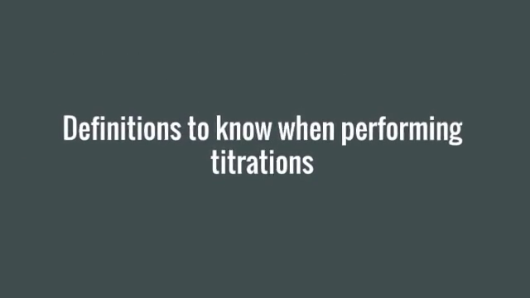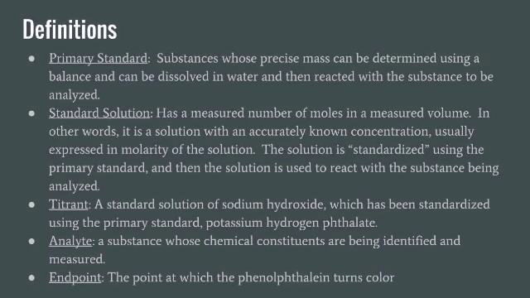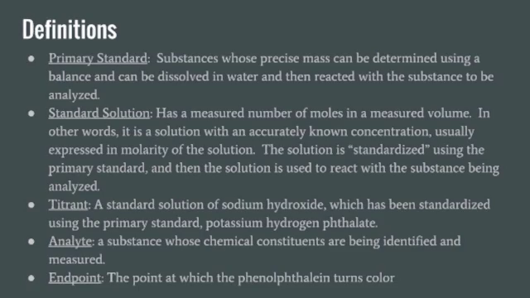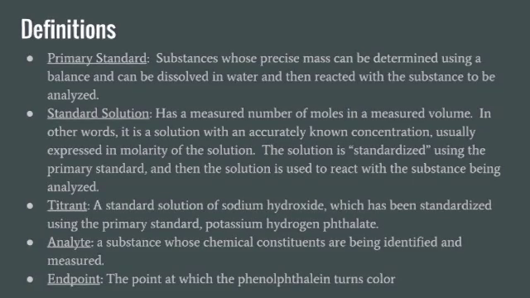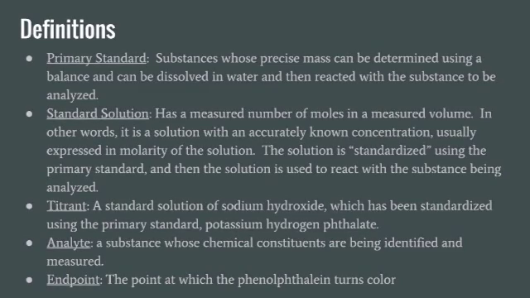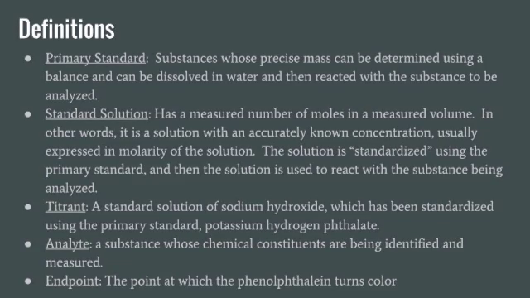So definitions to know when performing these titrations. A primary standard is a substance whose precise mass can be determined using a balance and which can be dissolved in water and then reacted with the substance to be analyzed. A standard solution has a measured number of moles and a measured volume. In other words, it is a solution with an accurately known concentration, usually expressed as the molarity of the solution. And the solution is standardized using the primary standard,